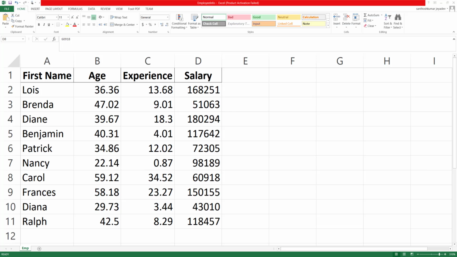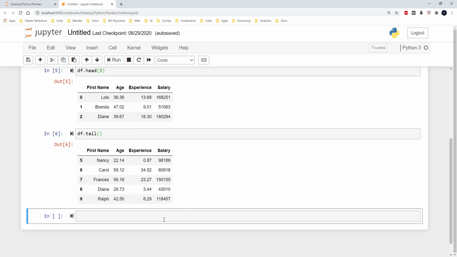If we see our file, it actually has 10 rows, and then there is a heading for each of these columns. So the indexing starts from 0 and goes through 9. Coming back, if I wanted to know the shape of this data frame, I can use the method df.shape.